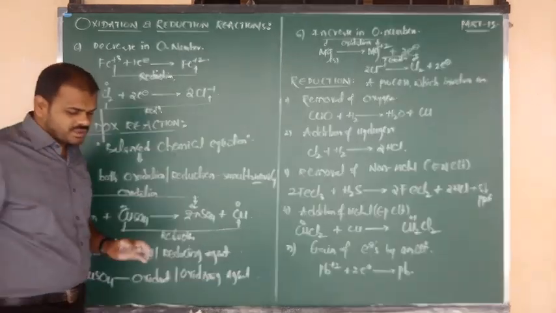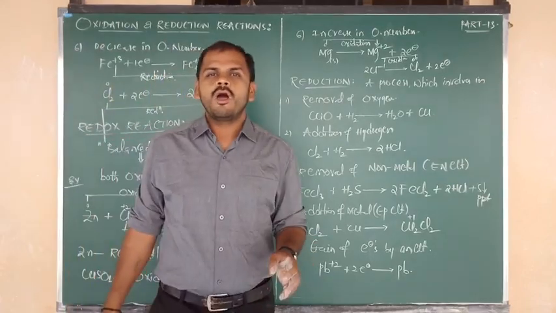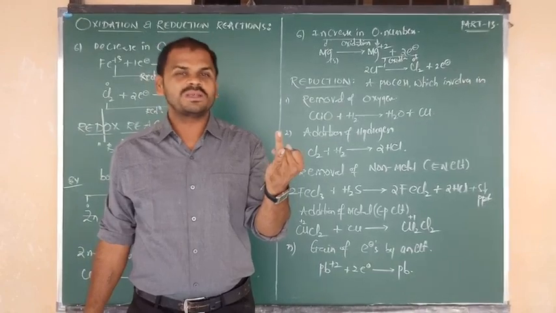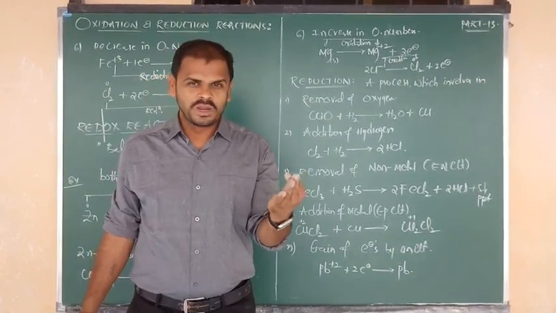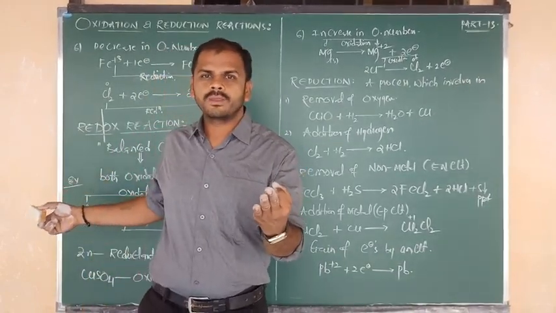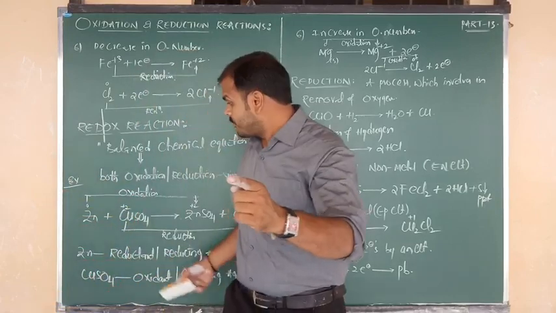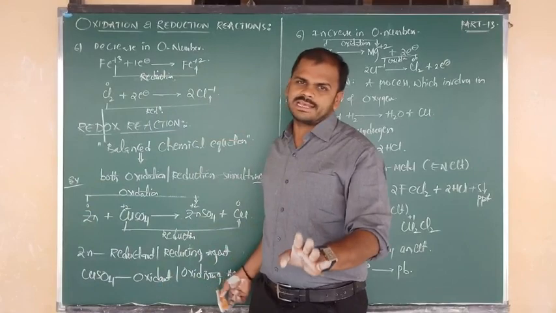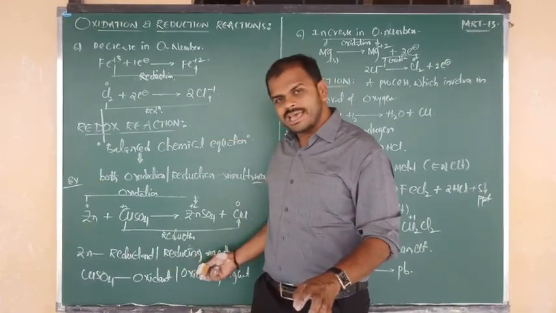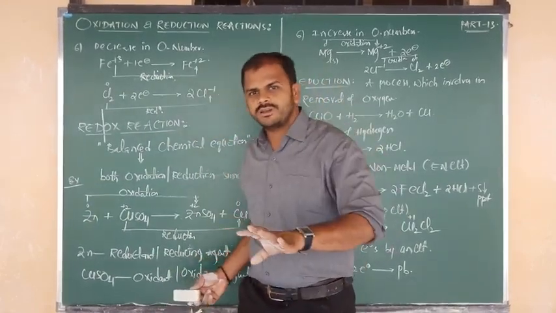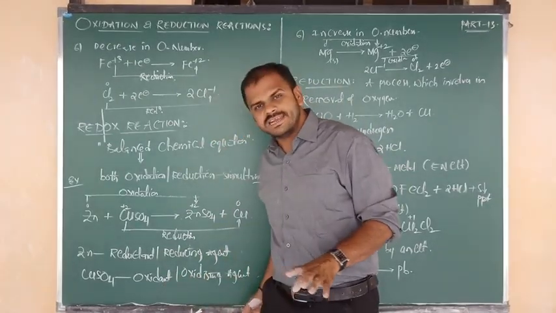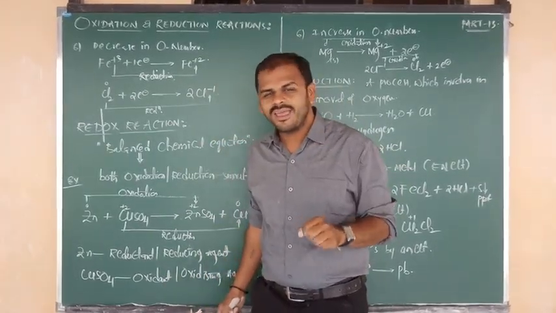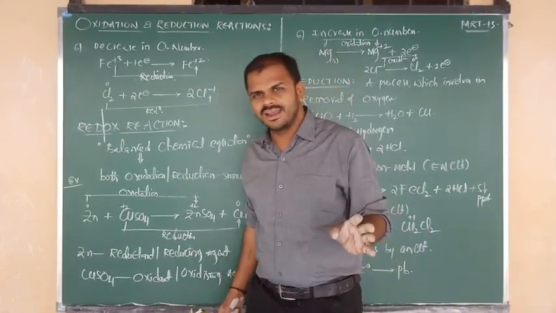Okay, so in this class, finally, how many topics have we studied? Mainly 3 topics. One is oxidation, one more is reduction, and one more is redox reactions. And finally, try to remember which is known as reductant or reducing agent, and which is known as oxidant or oxidizing agent. Reductants or reducing agents participate in oxidation. Oxidants or oxidizing agents are involved in what? Reduction. Okay, I hope you understand this clearly.